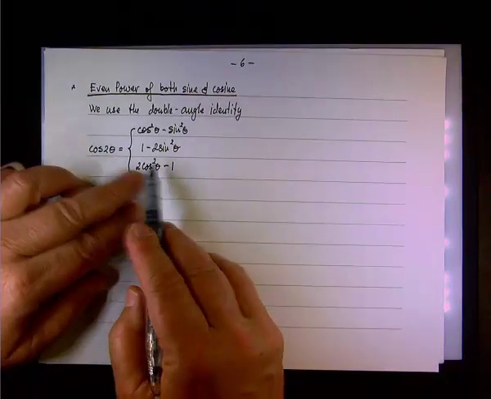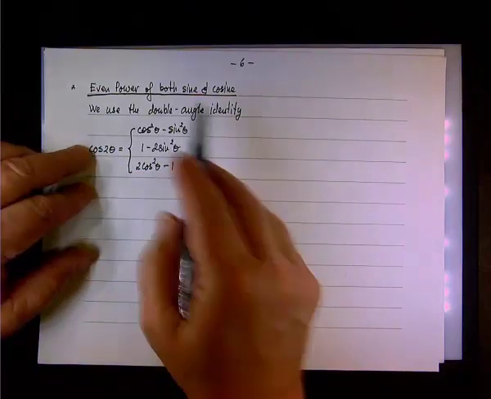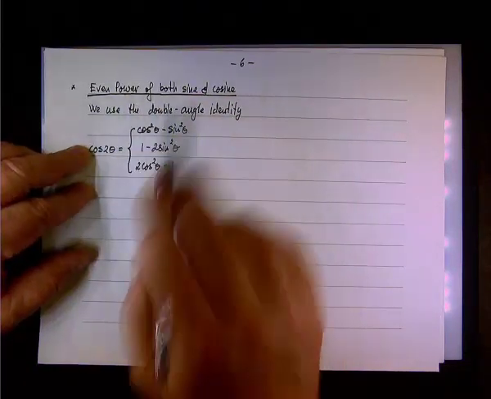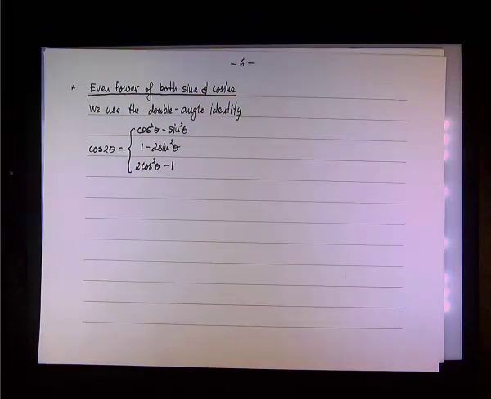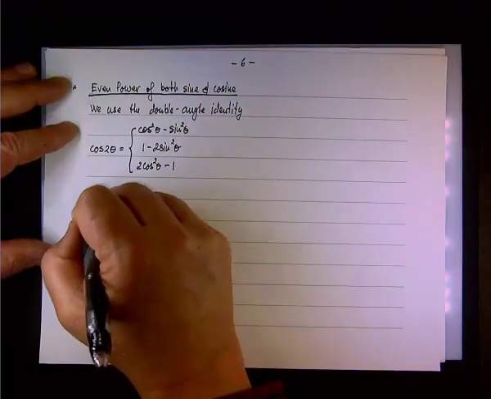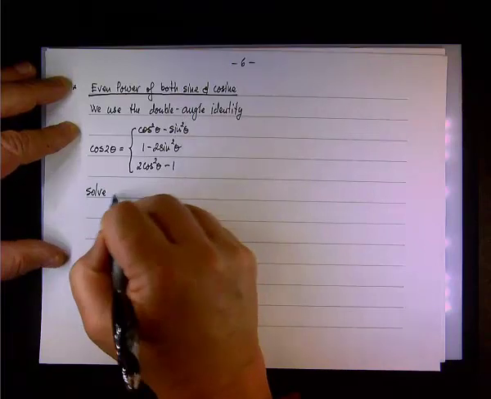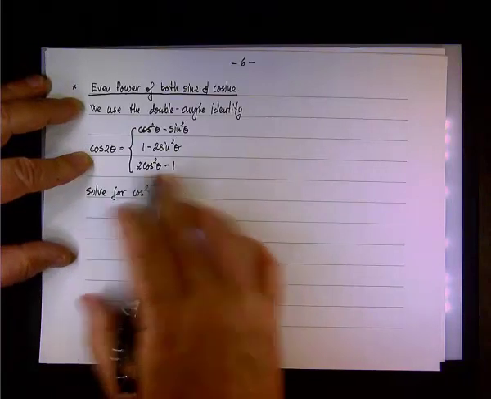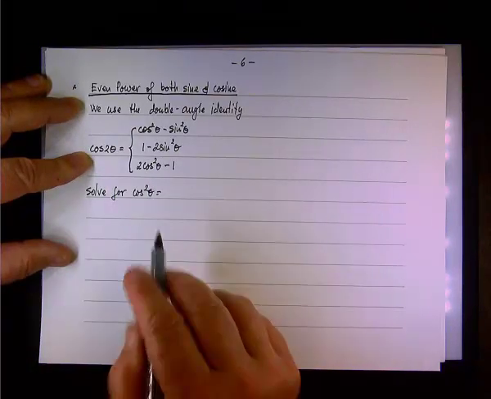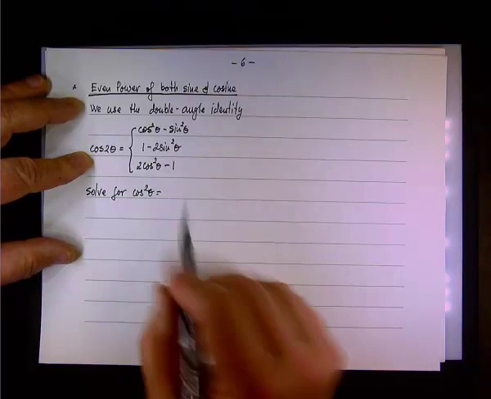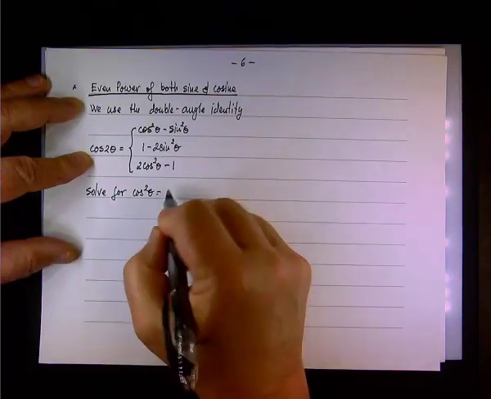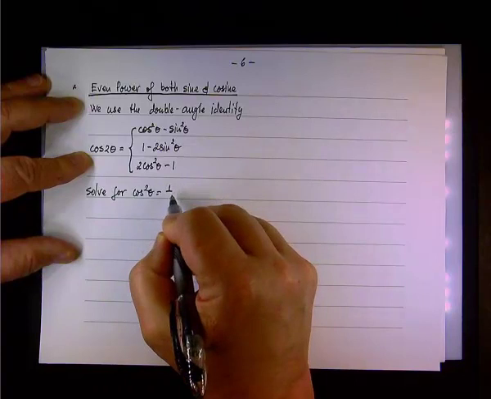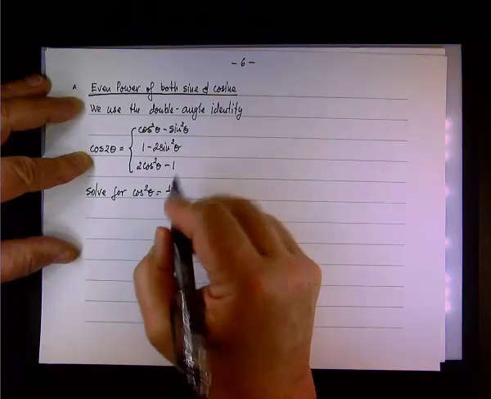Now, what if we need to solve for the sine squared or the cosine squared? Because remember, we have even powers of both. So we need to find a replacement or substitution for either the sine squared or the cosine squared. Let's look at solving for the cosine squared. Well, you have 2 cosine squared equals cosine 2 theta plus 1, or 1 plus cosine 2 theta. And then you divide by 2, so you have 1/2